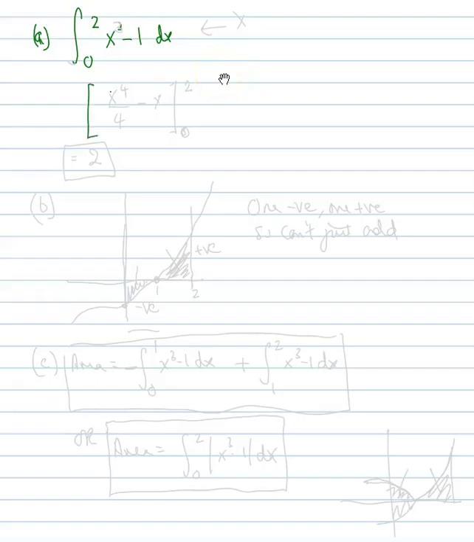So what's that? 1/4 x to the 4 minus x from 0 to 2. The zeros are obviously nothing. So what's that? 2 to the 4 is 16, over 4 is 4, minus 2 is 2. Okay, that's it. Then the second part says, explain clearly why that value does not refer to the